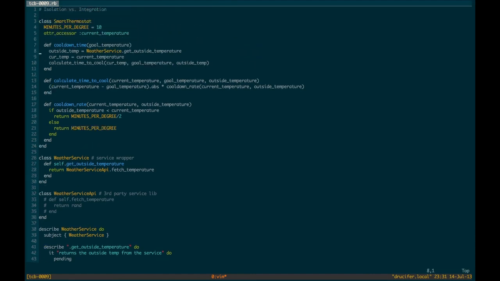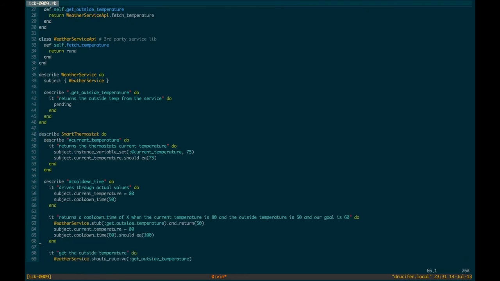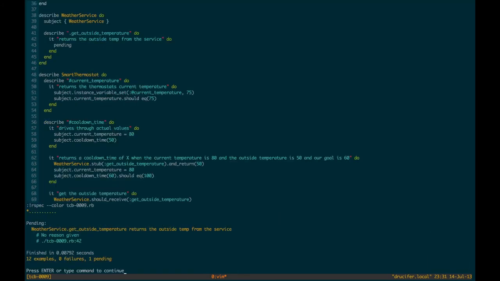If we look here, it's calling weather service get outside temperature, which returns weather service API fetch temperature, and weather service API fetch temperature we just commented out. So if we uncomment that, we can see that our test is passing again,